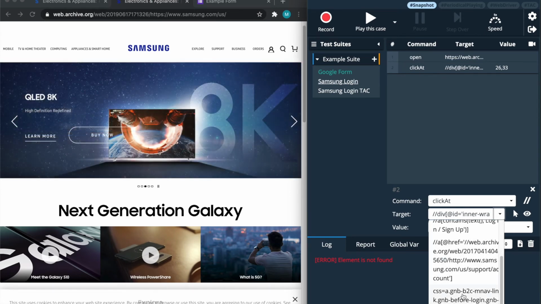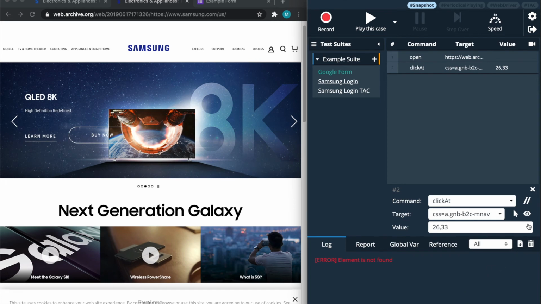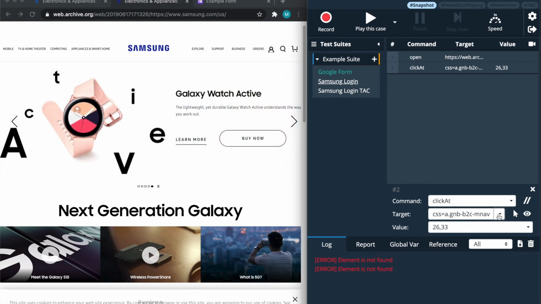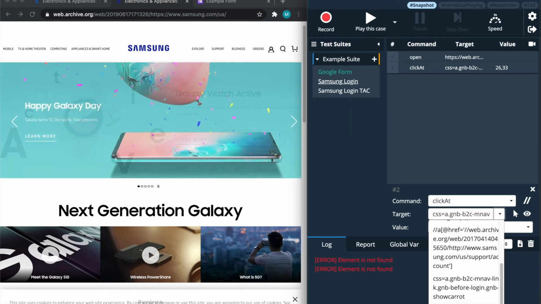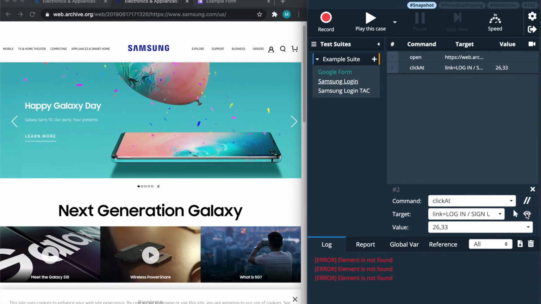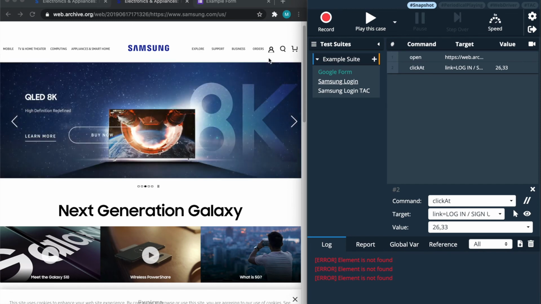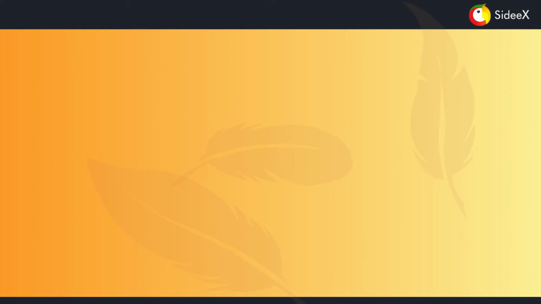Now, let's switch to the CSS locator. The Samsung website might have changed its ID or its class, which also led to the failure of the element's identification. The link locator will obviously fail in this case too, since the button is no longer called "login or sign up." It is now an icon.